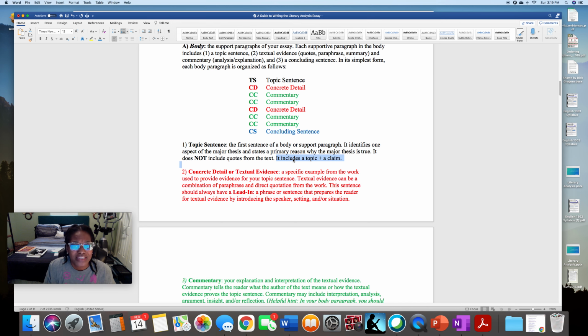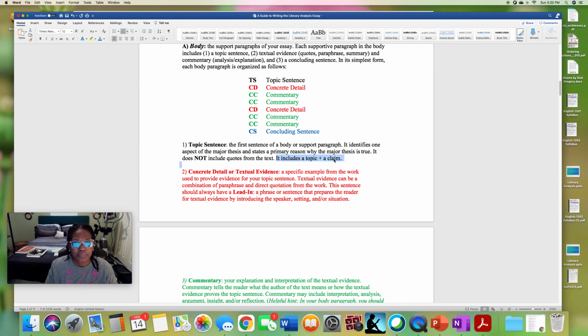I'm going to give you an example of these a little bit later on, but just so that you understand what the makeup of a topic sentence is. It's going to include a topic like the character of Miss Emily, the character of the narrator in the Battle Royal, the setting in Kate Chopin's Storm, right? So it's going to include a topic, but then you have to make a claim about that topic. What does the setting represent? What does the character, what aspect of the character are you focusing on? And what does that aspect of that character represent?